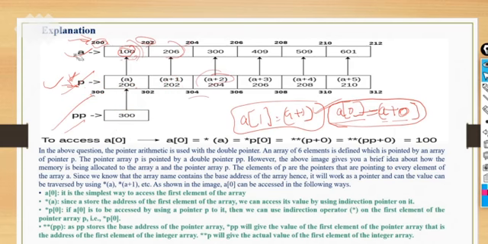Okay. So what about the next? To access the a0, we need to point the pointer a. What does it mean? This a0 value, what is a0? 100. Either you can write 100 or star a, pointer a. So the value at that address is 100 itself. So you can write anything.